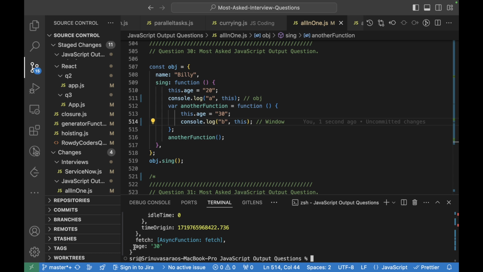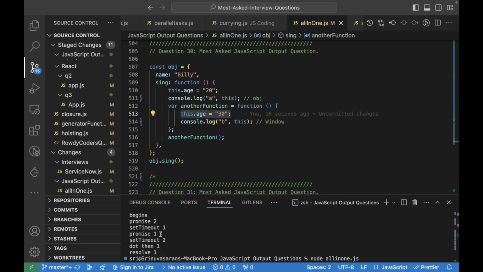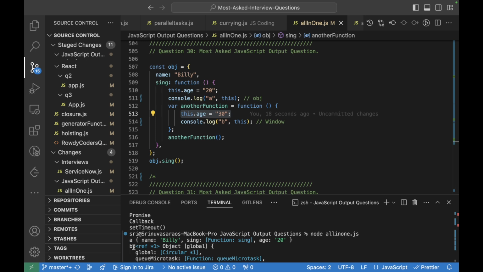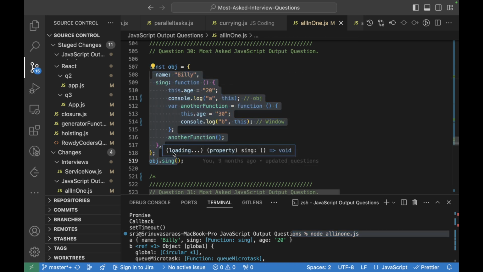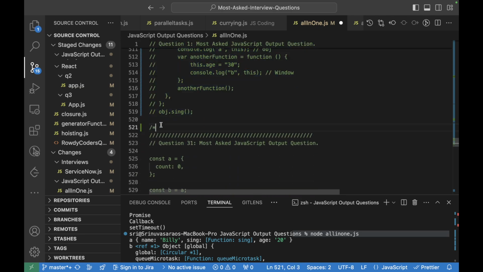Yeah, this is window, so window dot age is nothing but 30 here, and ideally b is window. Okay, and then a is the whole object. So yeah, let me comment this down, and let's go for the other question.